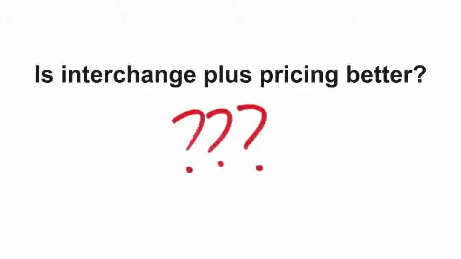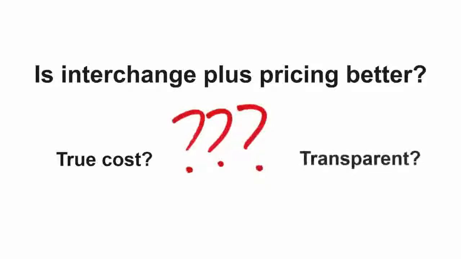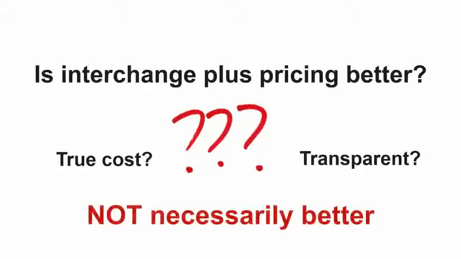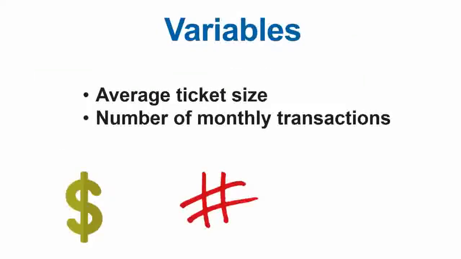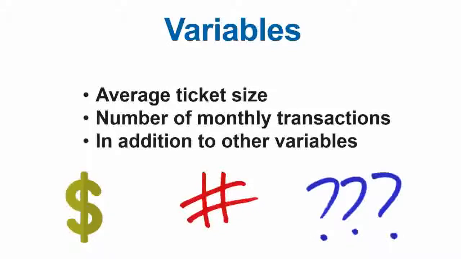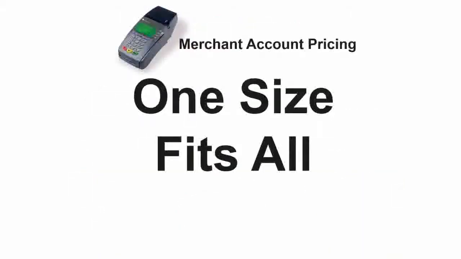It's widely assumed that Interchange Plus pricing is a better pricing model because it's said to have a true cost or a transparent pricing model, but that does not necessarily mean that it's a lower overall cost. Variables such as average ticket and the number of transactions processed each month, in addition to the pricing structure variables that we discussed already, determine whether tier or Interchange Plus pricing is best for your company. Merchant account pricing is not